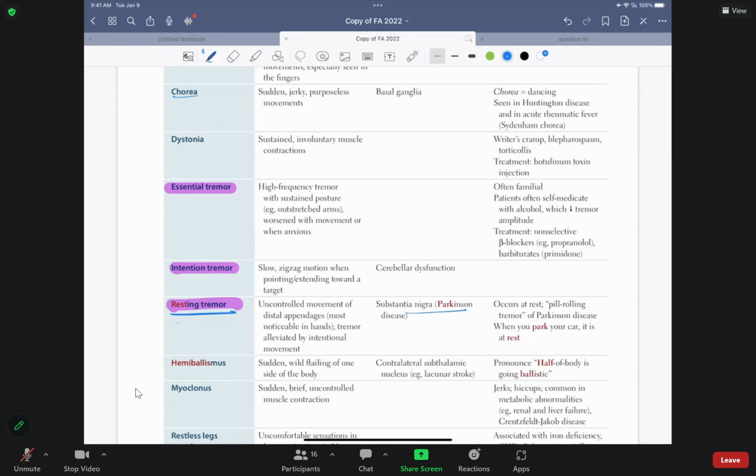Parkinson people have the resting tremor, but when they try to do something, they still have tremor, but the amplitude of the tremor is reduced. Is that clear, folks? Why am I saying this? Because on step 1, they put a video for this. So they show a video, and you have to be very careful, because when people see it, they think it's an intention tremor video. Most of the people, it's not.